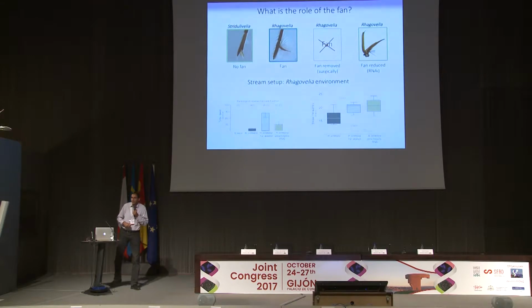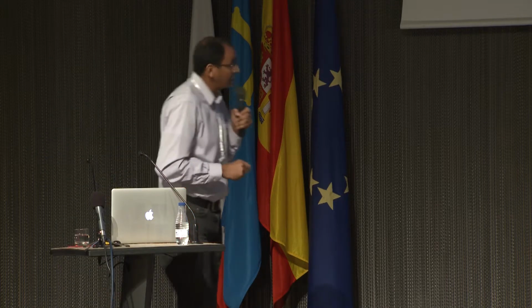So what this means is that this evolutionary innovation has evolved because probably it has been favored by this very challenging environment, which is this fast stream water. And this is one way of how species can actually expand their habitat and expand their specialization and diversify in nature. So this is just my last slide.